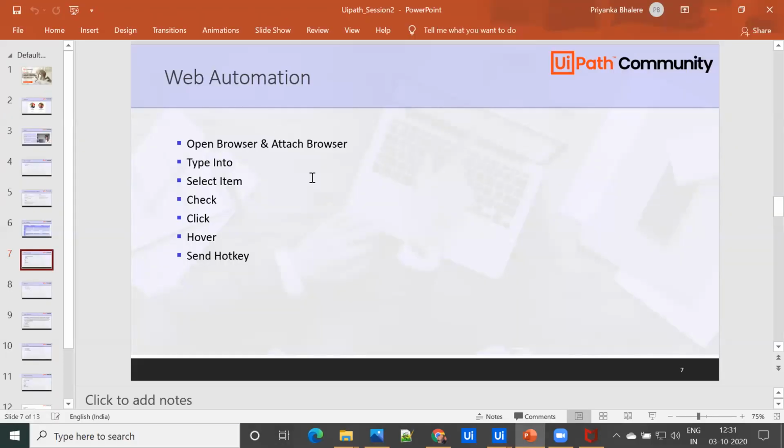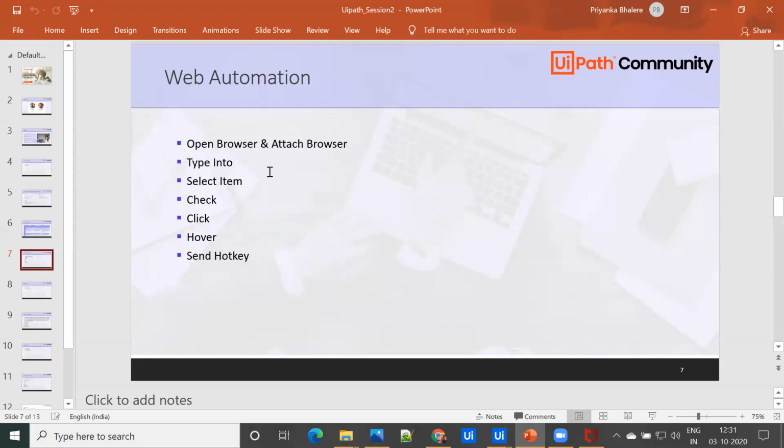So web automation, I will just explain briefly about these activities, because they are mostly used in web automation. Open browser and attach browser are basically a container that enables you to open the browser or attach the browser with a specified URL, and it will execute multiple activities within it.